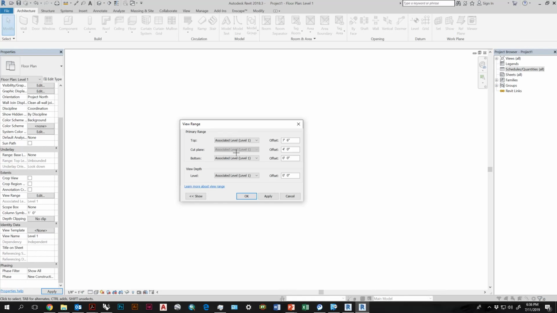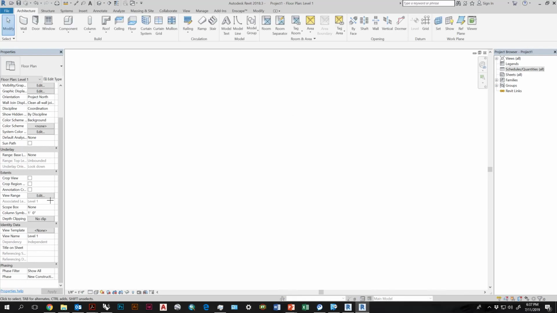So if we're looking at level 1, and level 1 is at 0 feet 0 inches, which is basically the default, the ground, the cut plane for that first level will be 4 feet above. So we'll be at 4 feet. Let's say we're working on level 2, which is at 10 feet. That cut plane will be at 14 feet. You can control where the bottom is and also the view depth. So view range is very important. Be aware of that tool, because if something is not showing up that you think should be, it might be because it's above the cut plane or too low on the cut plane. So check that setting.